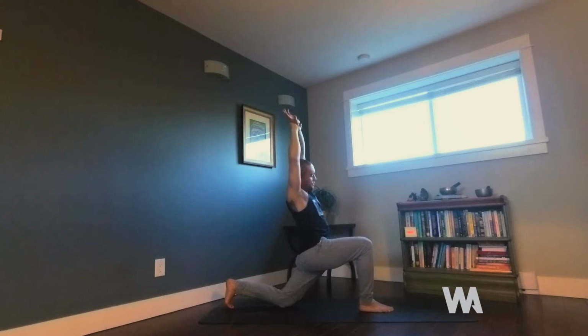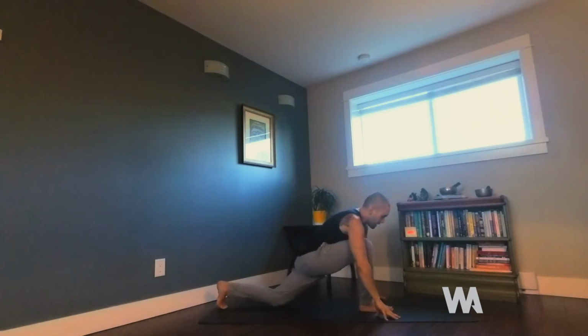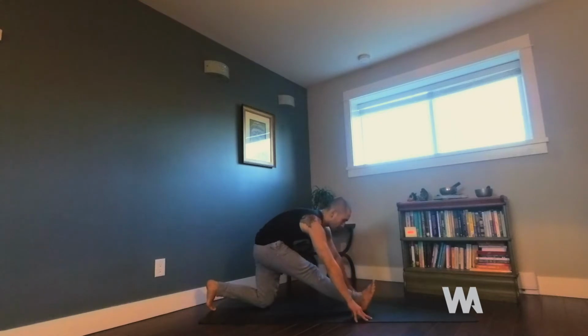Deep breath. Next inhale, release from the clasp. Hands come down to the ground. Shift your hips back as you straighten that front leg into your half splits position. On an inhale, lengthen your chin towards your toes. And as you exhale, drag back that right heel as you fold over top of that